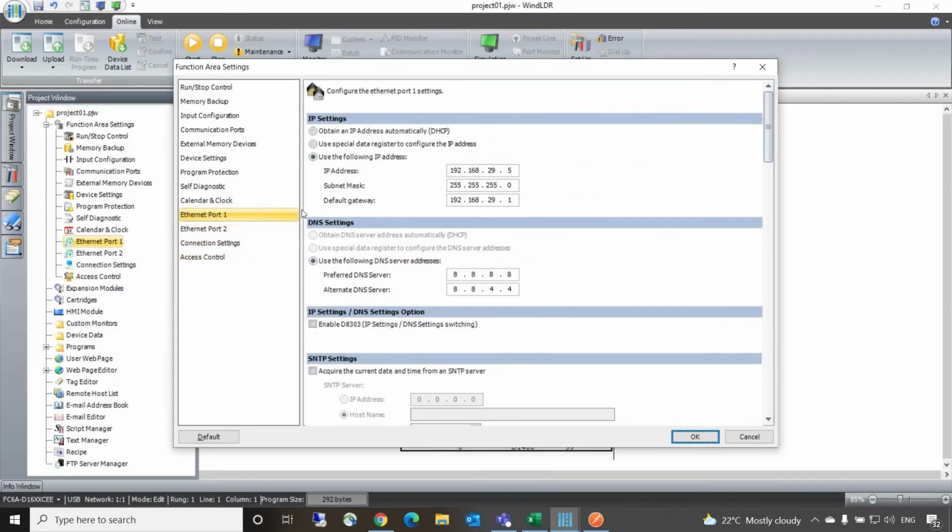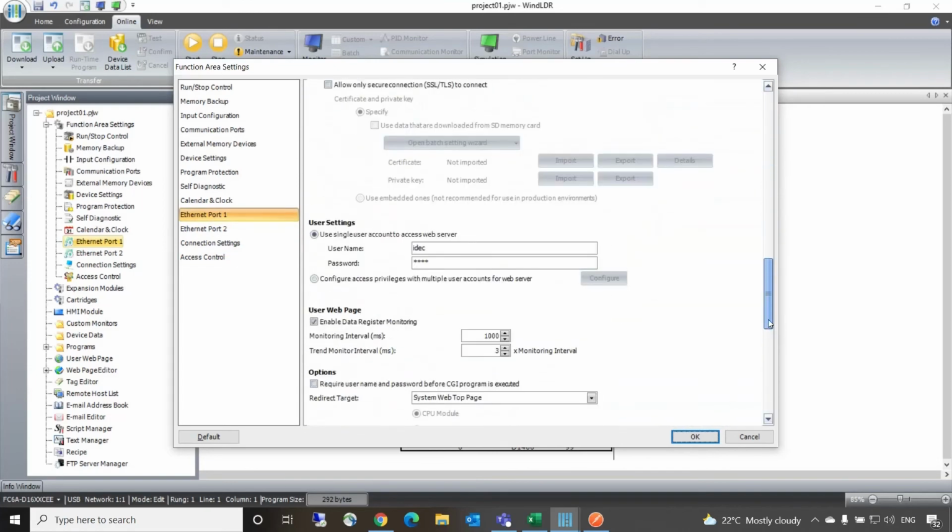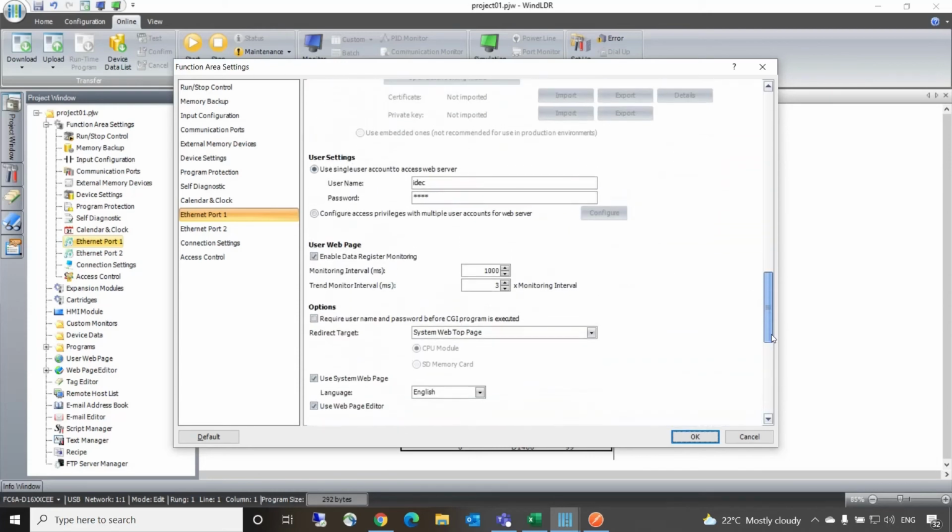In Ethernet port number 1 for this version, I need to change one more thing. The web server function is already there in the PLC, so I'll use the same. But here I'm just unchecking the username option to make it work fine.